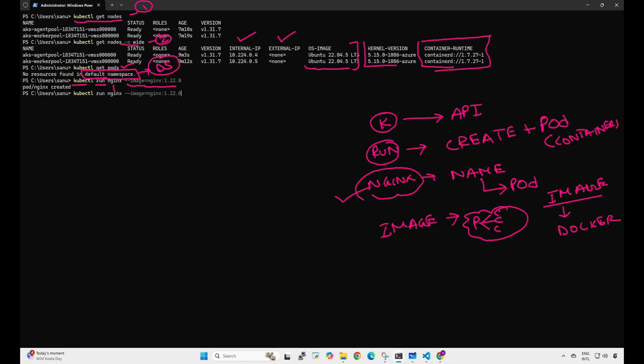If I run the command kubectl get pods, it shows my pod is ready and the status is running, restart 0 times, and what is the age of my pod? Around 8 seconds ago we initiated it. Okay,